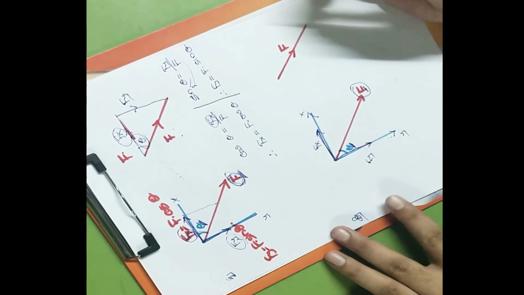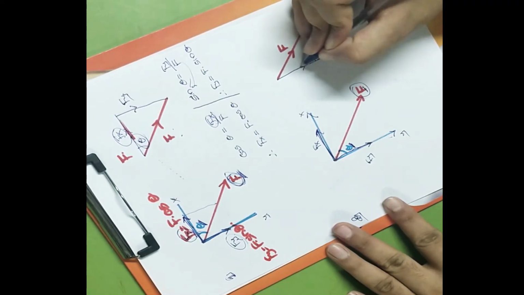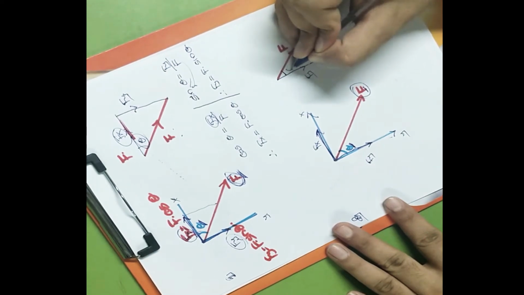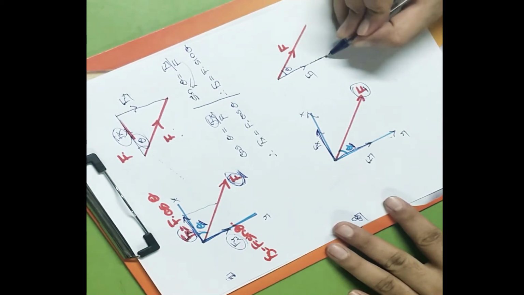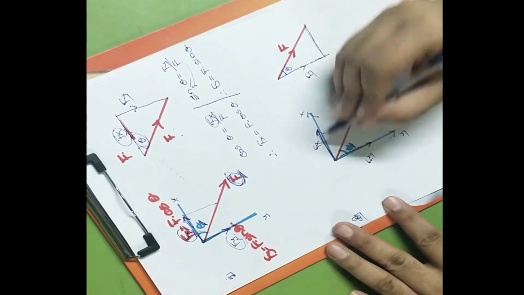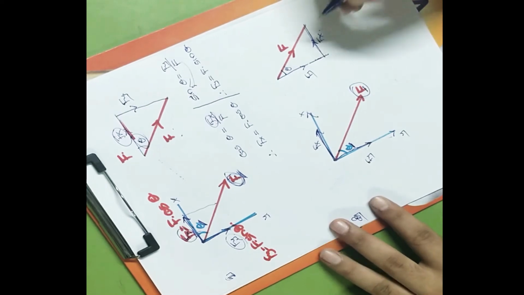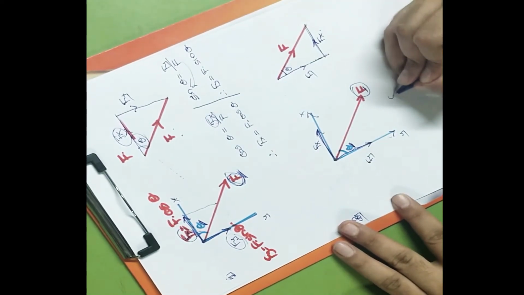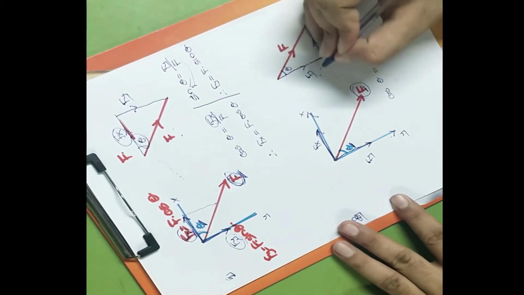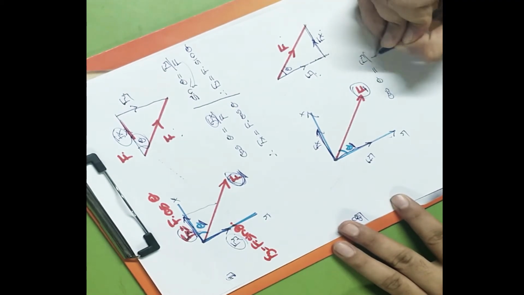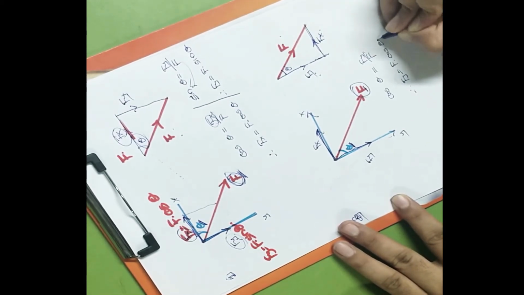Now again, in order to complete the triangle, here I'll keep Fy as it is. So say this is force Fy, and this angle is angle theta, and this Fx I'll take over here so that I can complete this triangle. And here if I draw a horizontal line and Fx is acting on the right hand side, then this right hand side force is Fx. And with this, I'll go for the same calculation, that is cos theta and sin theta. Starting with cos theta, cos theta will be Fy upon F, adjacent upon hypotenuse, Fy by F. So can I say that Fy is equal to F cos theta?